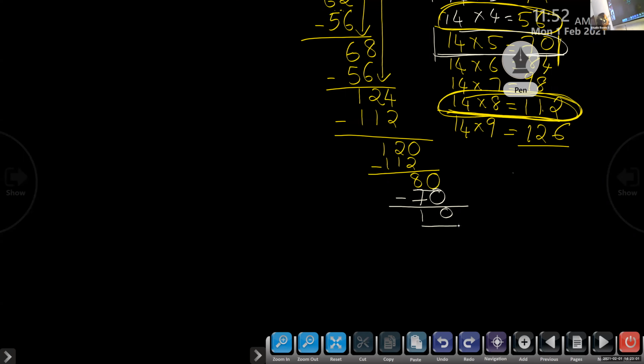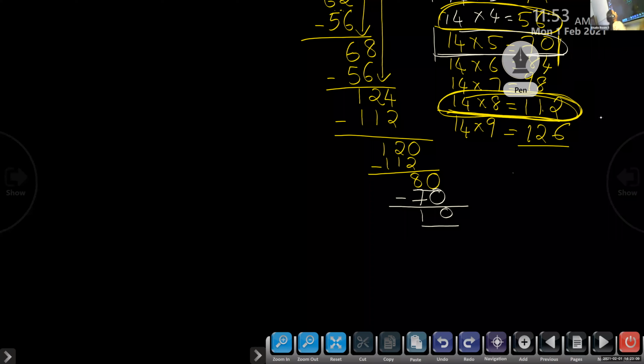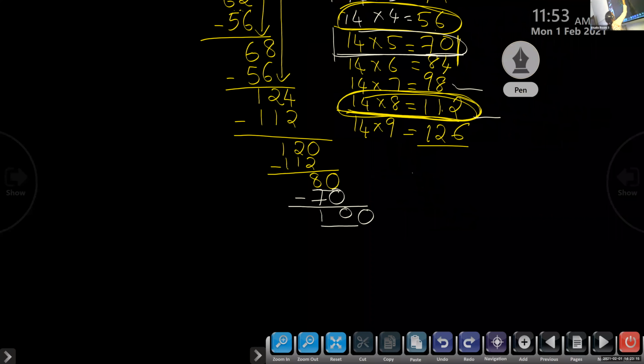So what do you have to do? We cannot divide. So what do you have to do? Add 0. Add 0 and 100. Please check here. We have 98. Here 112. So which one we can take? 14 into 7. 7. 14 into 7 can be taken. So what is that? 14 into 7? 98. Again, the remainder is 2. So children, we will stop by this because we have 3 decimal places.